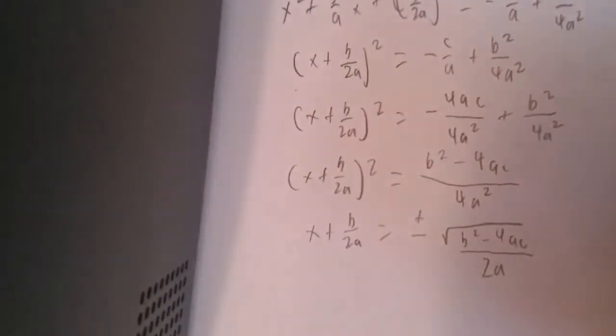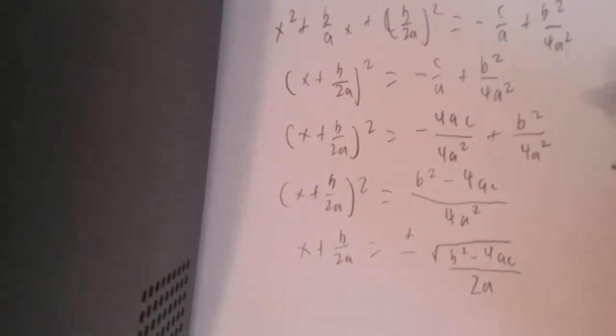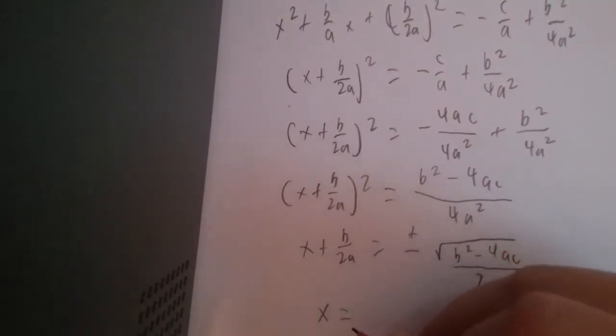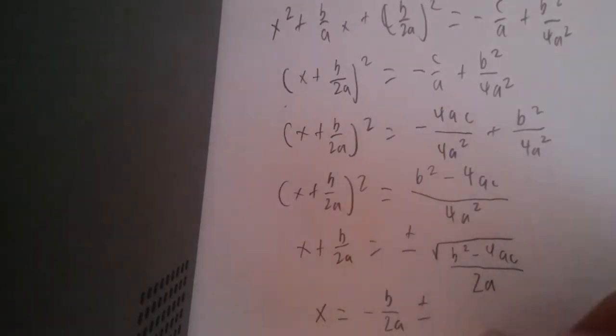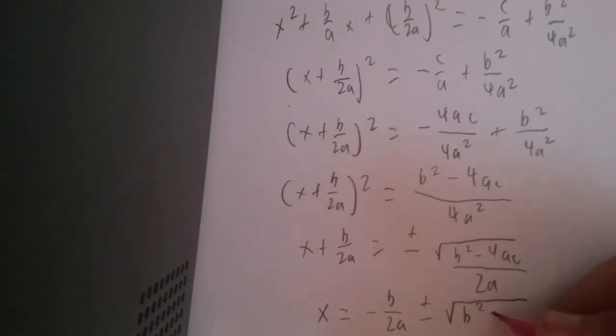And then finally, you can use the subtraction property of equality, and this gives you your quadratic formula, and that is x equals, so you subtract the b over 2a from both sides. That gives you negative b over 2a plus or minus the square root of b squared minus